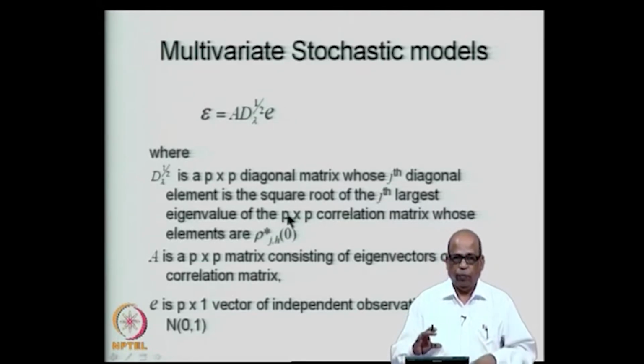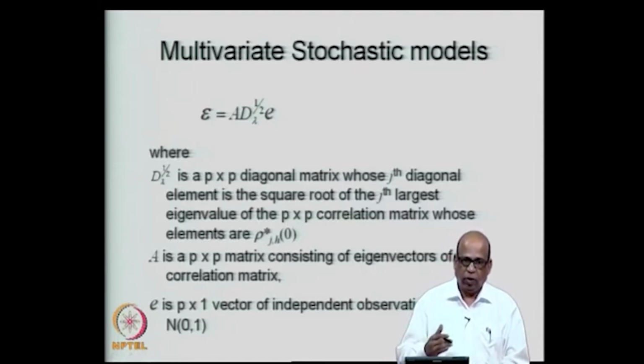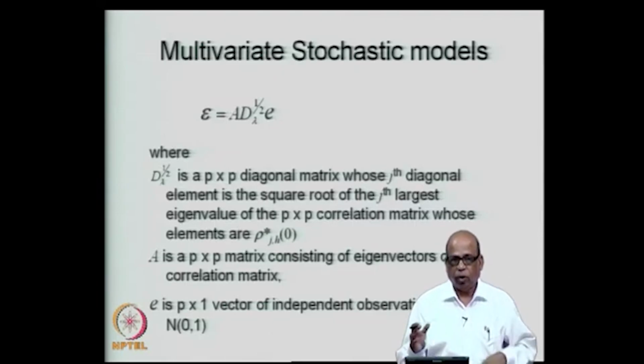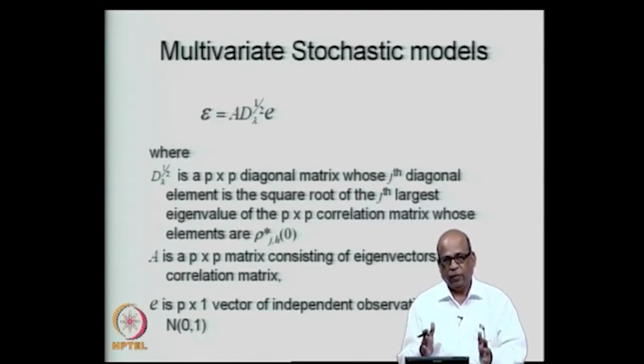It may appear too mathematical and without any logic here. What we are doing now is that we are obtaining the expressions for epsilon. What is the objective of this? We want to define epsilon such that it preserves the cross correlation among different sites, and it preserves the autocorrelations